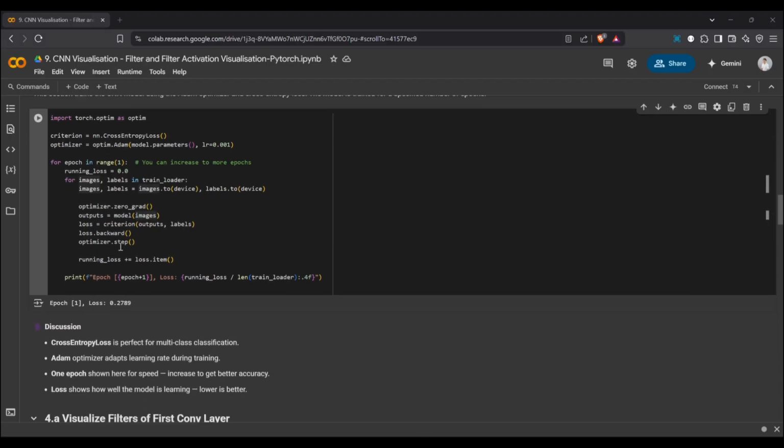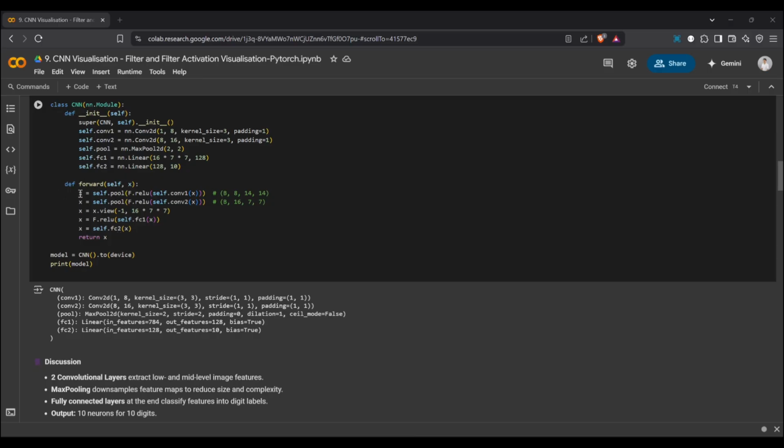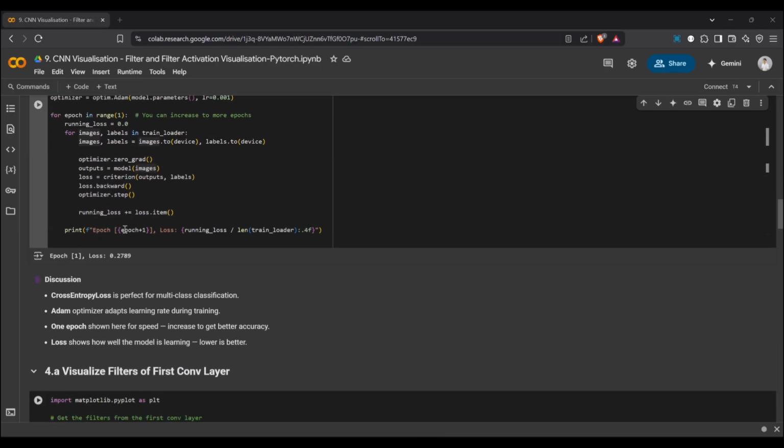And as you can see here, we have backward propagation. We have forward and backward. We already have a forward pass here, which is a defined function, and we add a backward pass here.